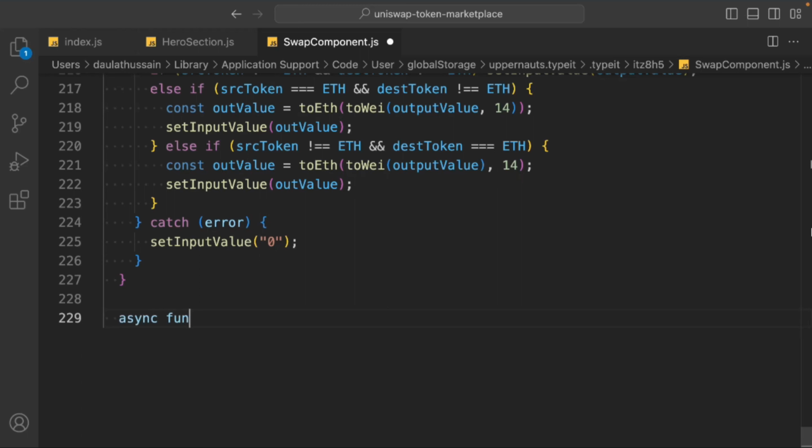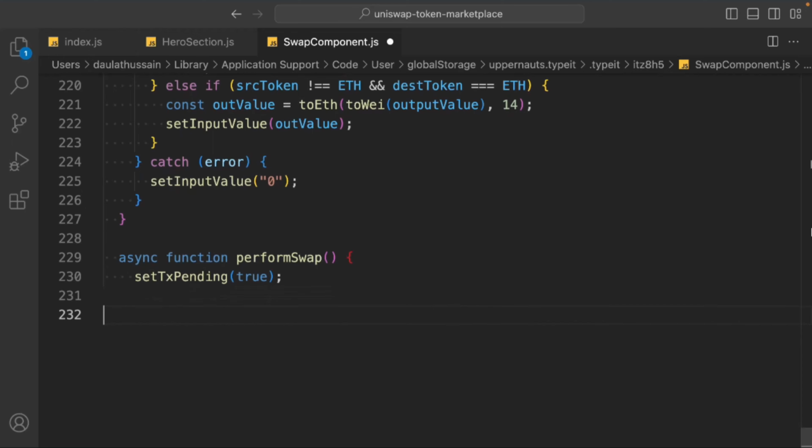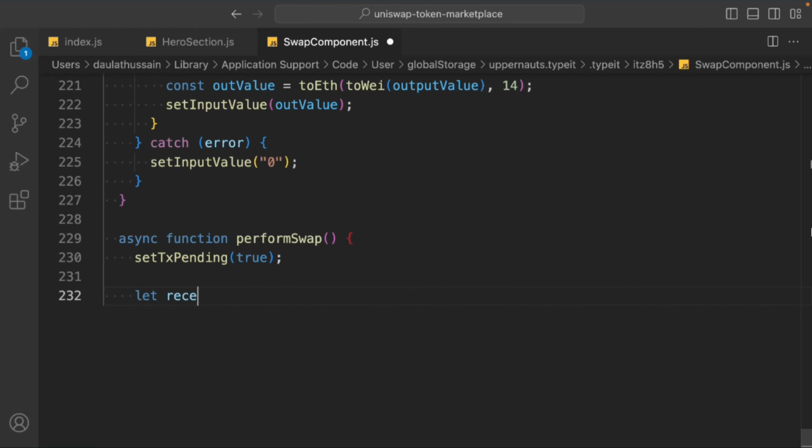So we'll take this async function and we'll call this perform swap. So this is the function which takes most of the swap and the main functionality. Inside, simple logic will play. So come back here, we'll take this set transaction pending to true, because by default it will be false. And here we have to take this variable called let receipt. We'll say if